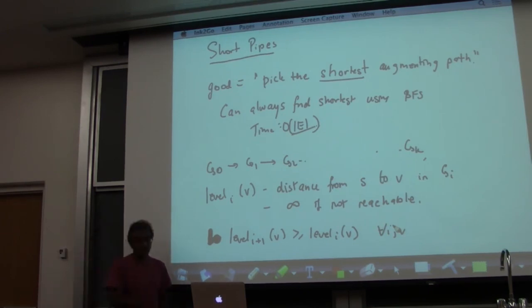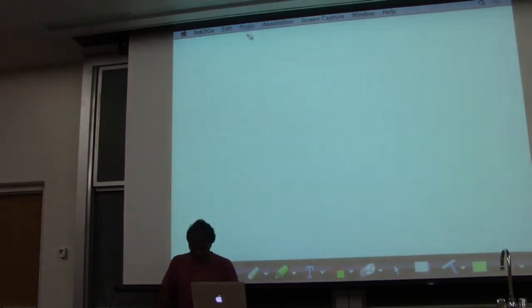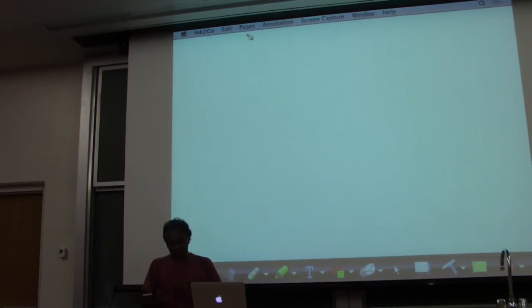So that's the first observation we're going to make. So let's call this 1. And the next observation we'll make, and again, I'm not going to prove this right now. The next observation we're going to make, and I want to make sure I get this right, in some sense, as a corollary of the statement,